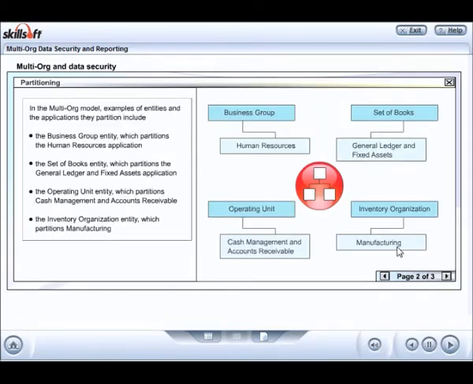In the multi-org model, examples of entities and the applications they partition include the business group entity, which partitions the human resources application, the set of books entity, which partitions the general ledger and fixed assets application, the operating unit entity, which partitions cash management and accounts receivable, the inventory organization entity, which partitions manufacturing,